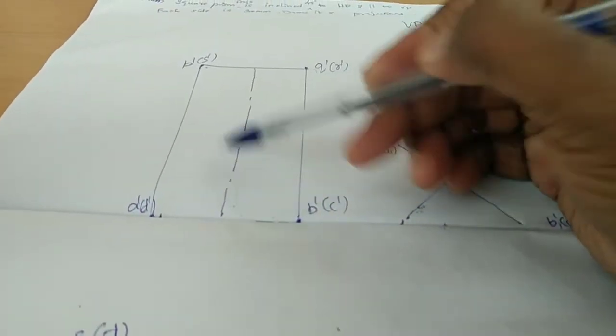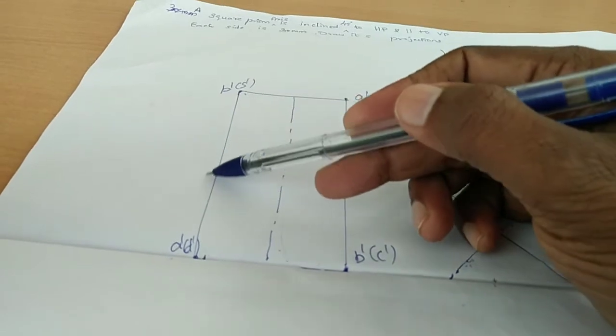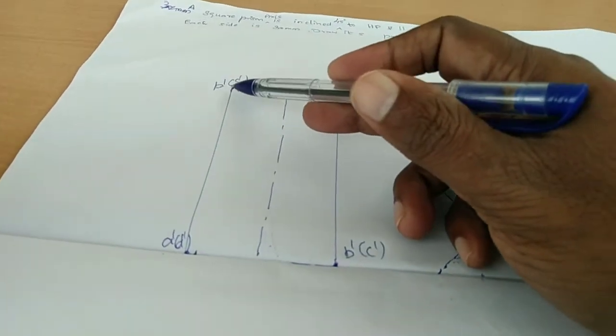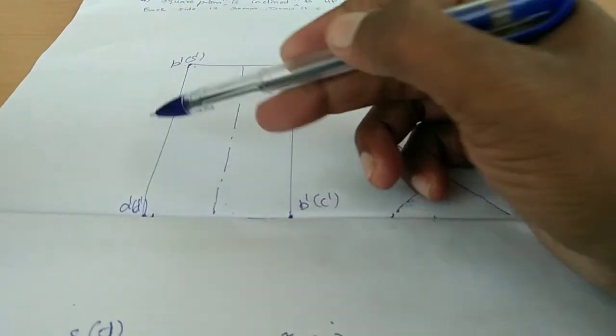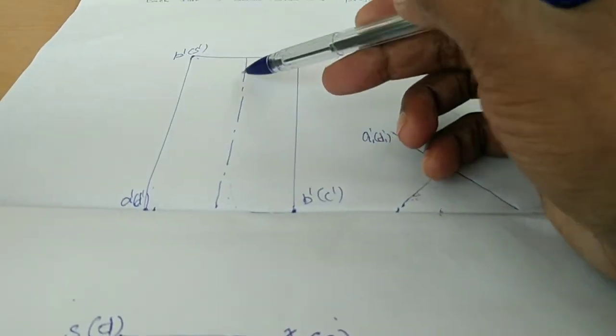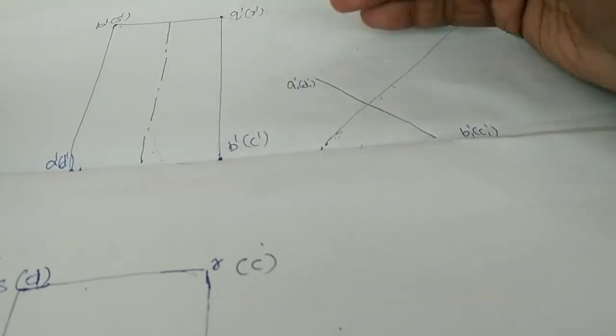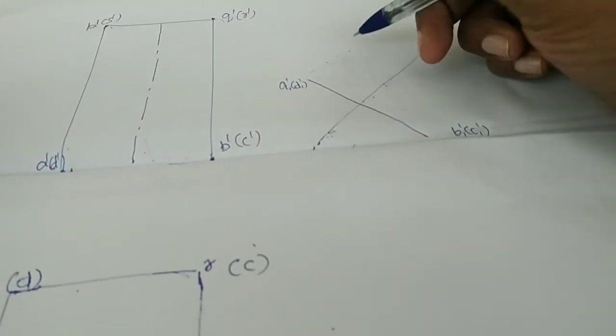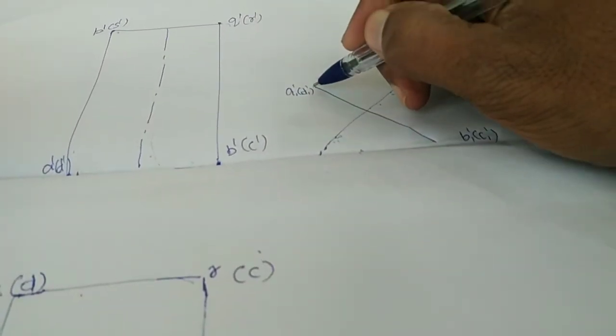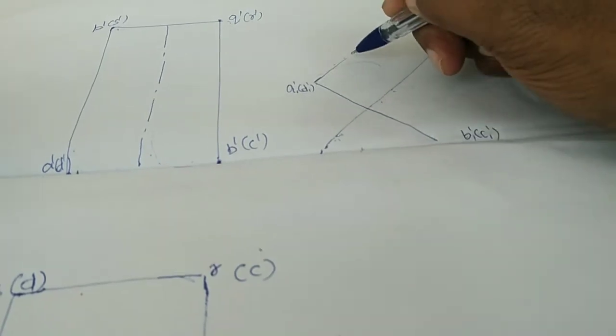The axis is parallel to the P dash A dash line. That is, the S dash D dash line is invisible. For the P dash A dash line, you have to draw the parallel line. So here also you have to draw the parallel line, from A dash to P dash, that will be parallel.